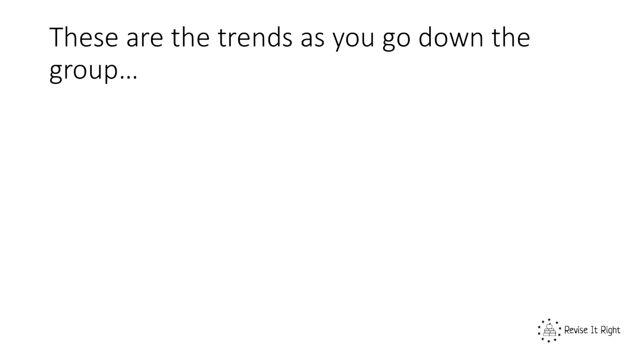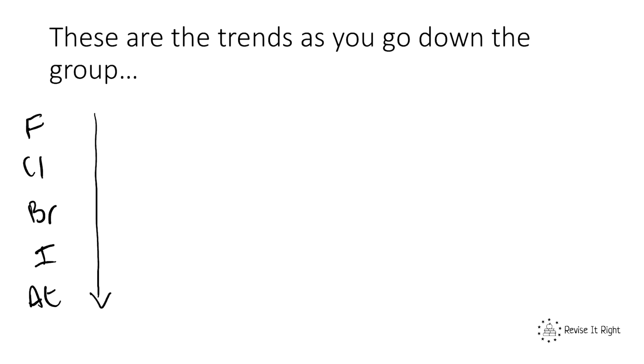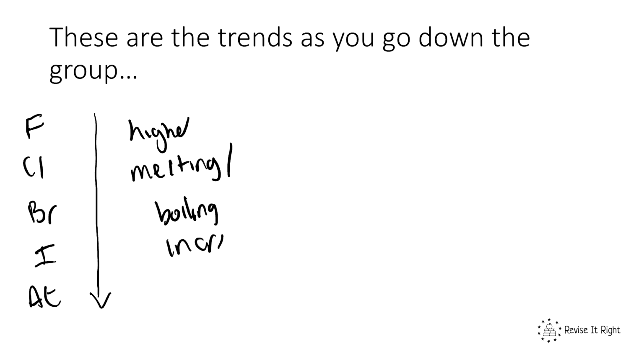Now, just like with the Group 1 elements, there are trends as you go down the group, and you do need to learn these trends. As I write the elements here, we'll start talking about the trends. As you go down the group, so again I'll draw an arrow to go down, they have a higher melting and boiling point. So it increases as you go down the group, which means that iodine has a much higher boiling point